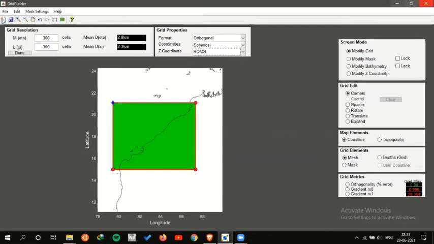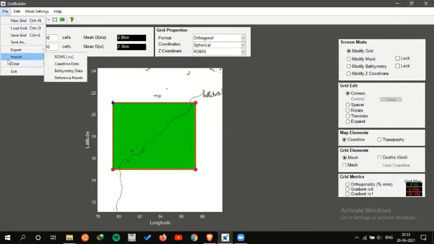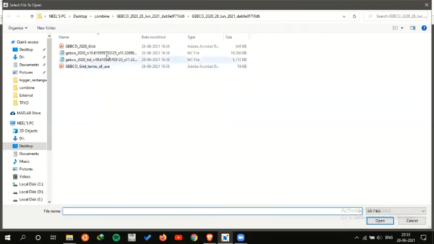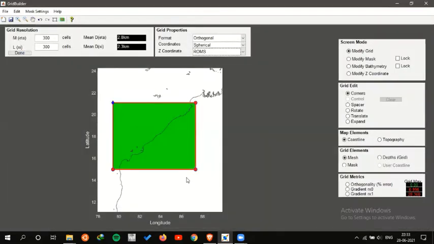For bathymetry, you can click on file, go to import, click on bathymetry data, and then select the grid file of the bathymetry. I've already added it, so here I have the bathymetry.